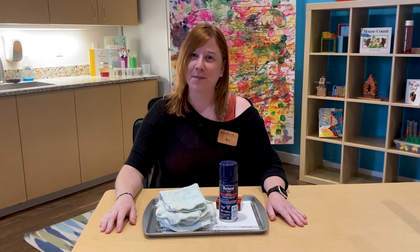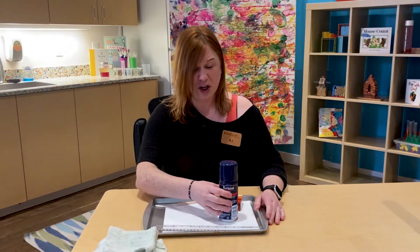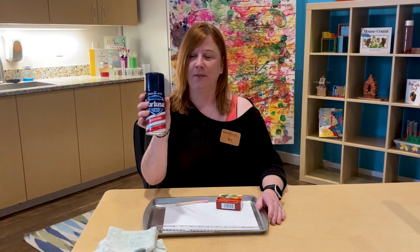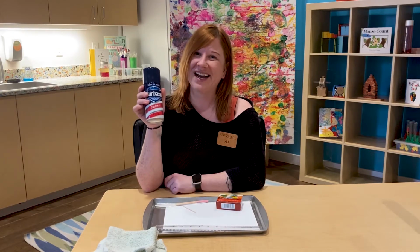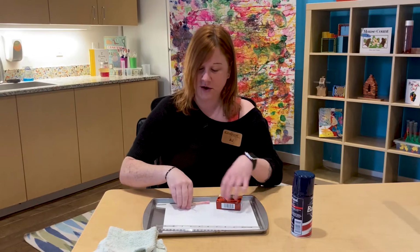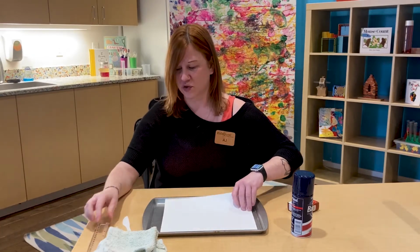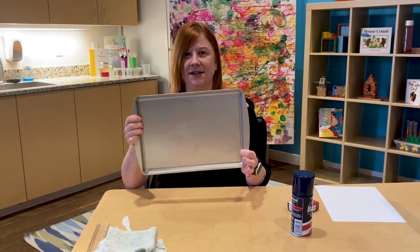Today we're going to do some shaving cream paper marbling. And we don't need very much for this project, and I bet you have it around your house. So we're going to grab some shaving cream, and you're going to want the foam kind, not the gel kind for this project. I have also grabbed a baking sheet or a tray like this that you would make some